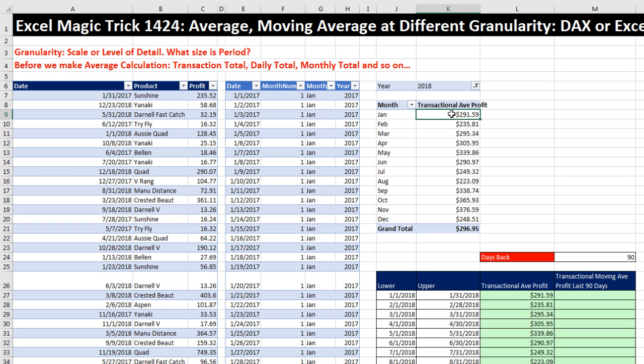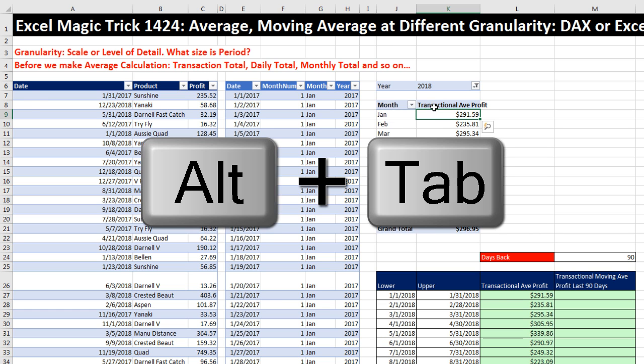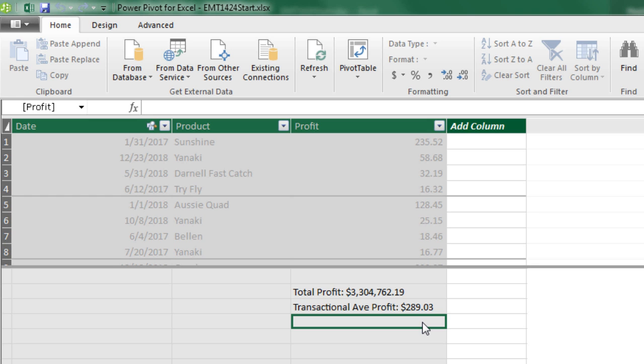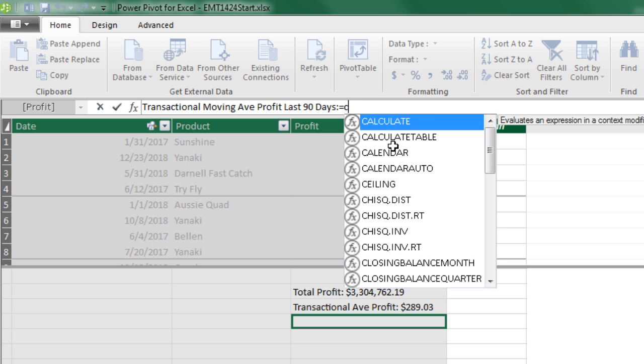But here's the deal. How do we get our DAX formula, since it's seen the filter context over here in the pivot table? How are we going to get our formula to see 90 days back? We'll use calculate and establish a new set of valid dates. Now I'm going to Alt-Tab to come over to the measure grid in our data model. Click in a cell. Click up on the formula bar. I'm going to type transactional moving average profit last 90 days, colon, equal sign. And the function that can change the filter context is